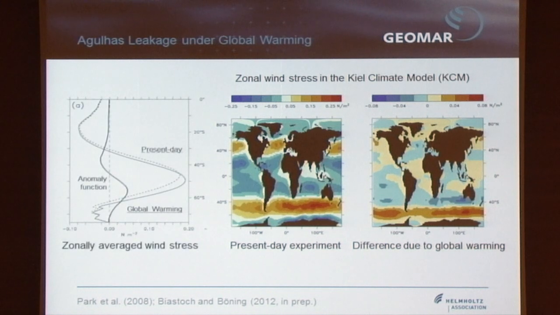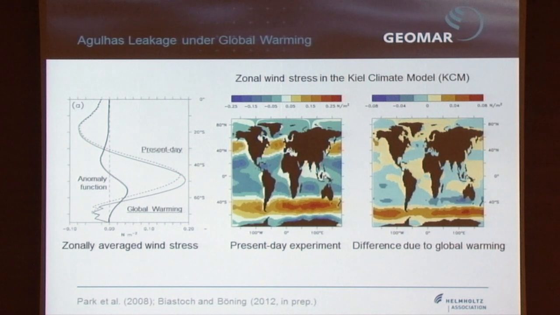Now, if you average the wind stress, you see here, and this is now only going from the equator down to 70 or 80 south, you see from a present day with a stippled curve, the southward intensification